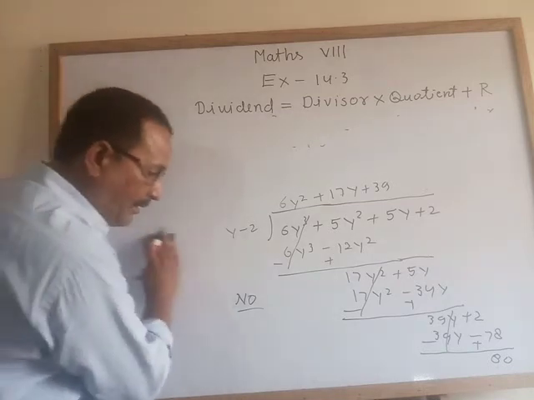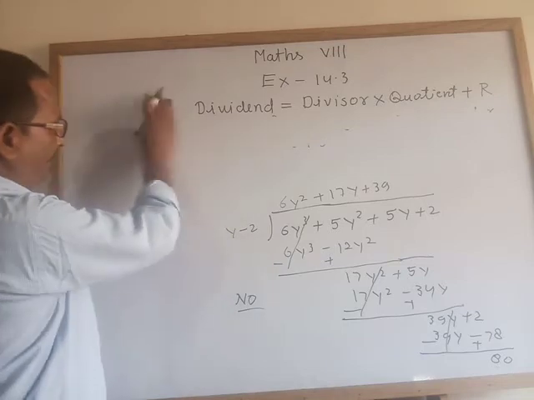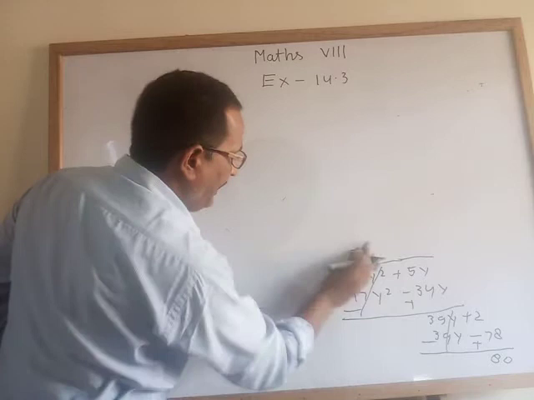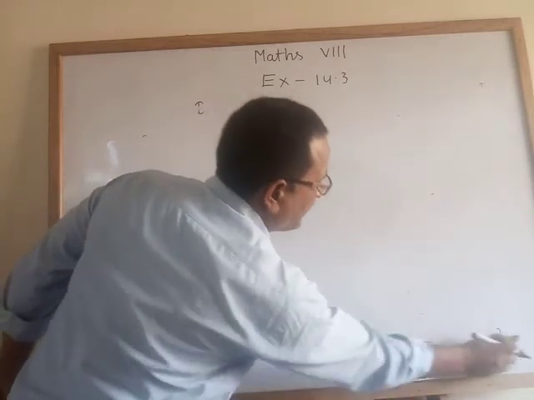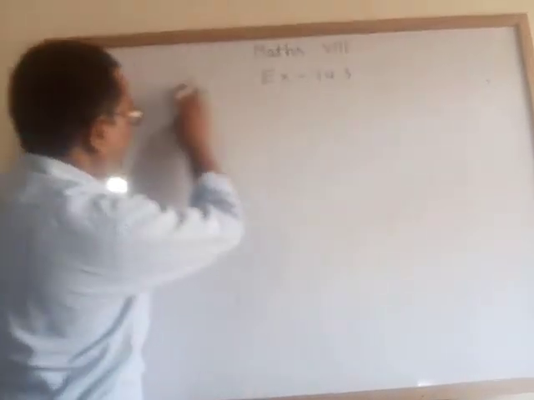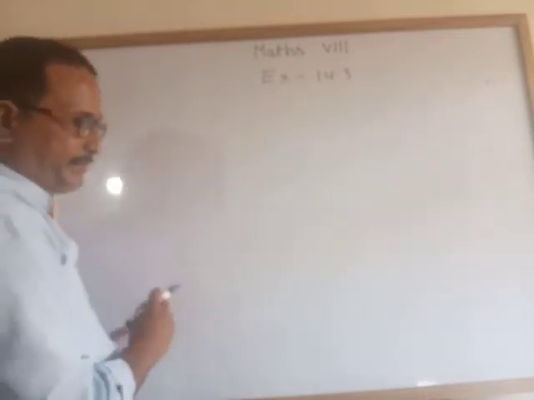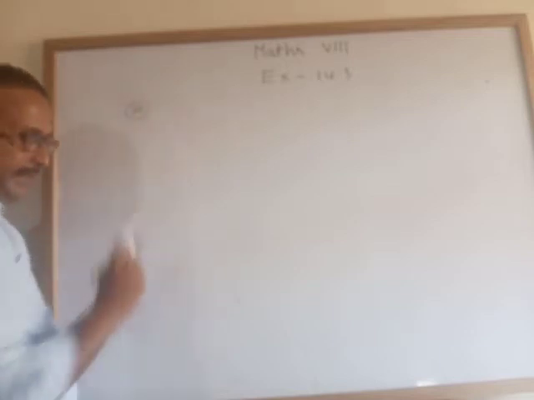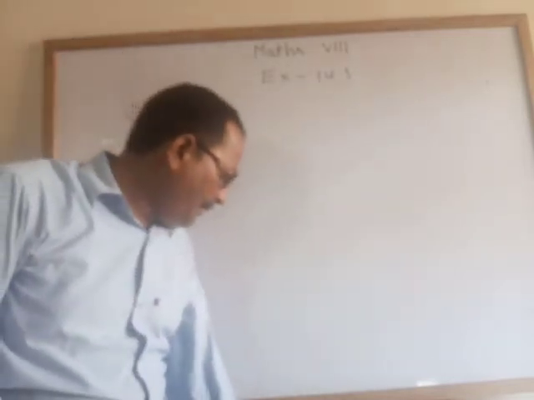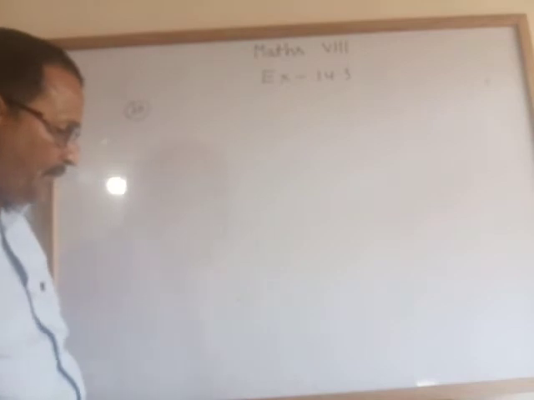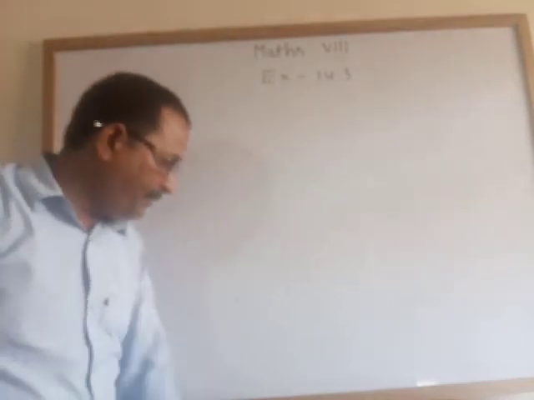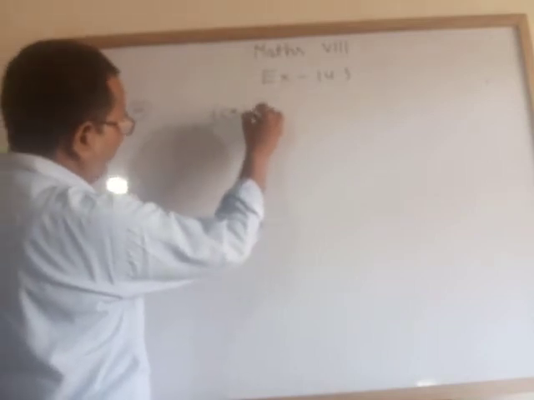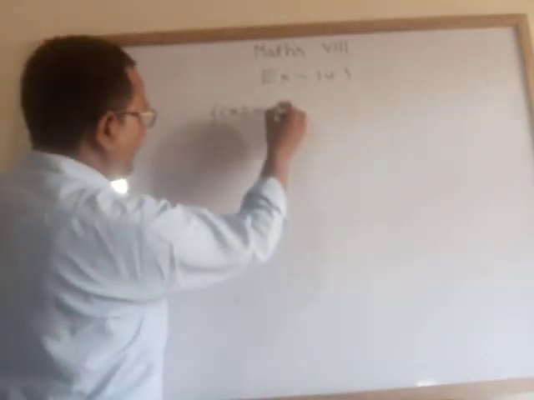Now question number 30, the last question of this exercise. After completing this, you can ask your doubts, and the last lesson, 15, I will explain after that. Now question number 30, an important question. Find the value of k so that 2x plus 4 is a factor of f(x). Suppose f(x) is the polynomial 8x cube